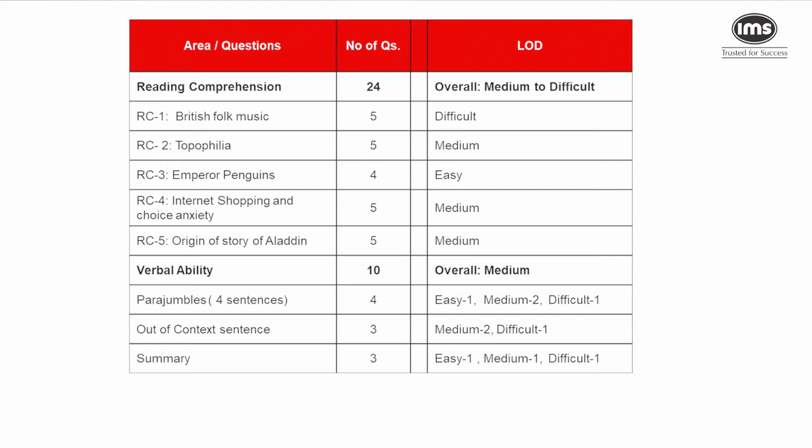The second set on topophilia also had 5 questions, was also MCQ based. However, the difficulty level was easier, right? Slightly easy. It can be classified as a medium difficulty passage. Probably the easiest passage of the lot was the one on emperor penguins, which had 4 questions, all of again